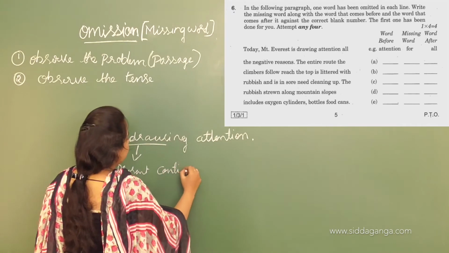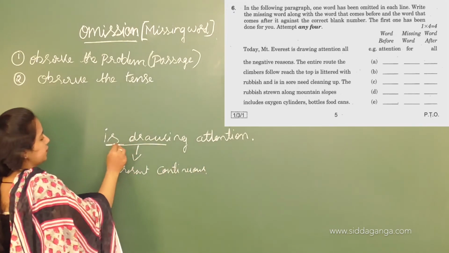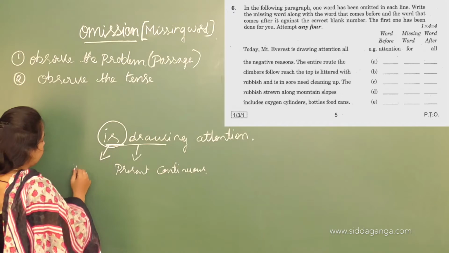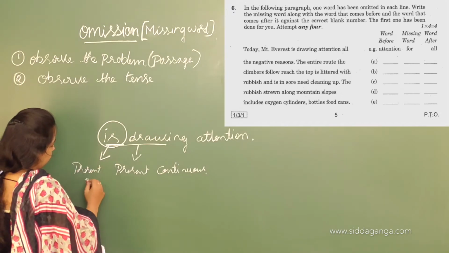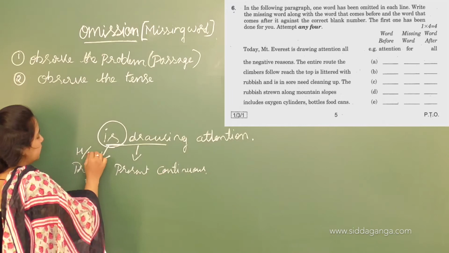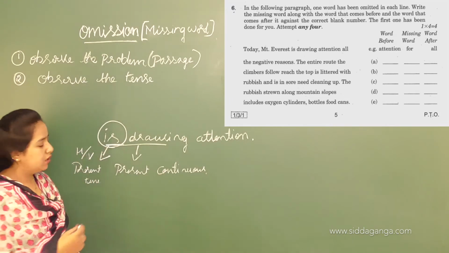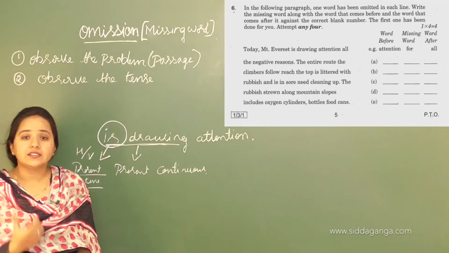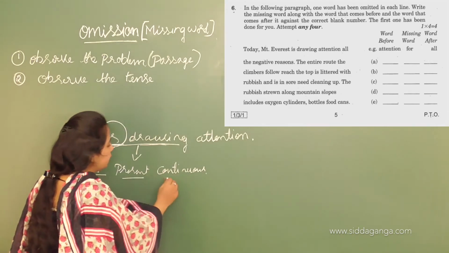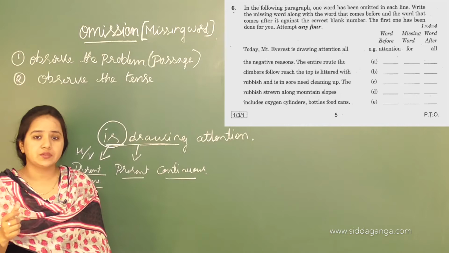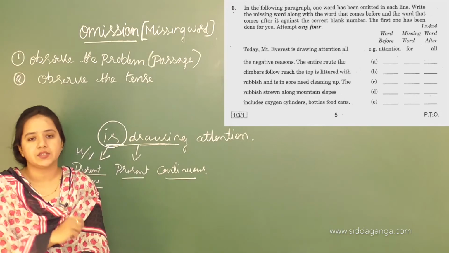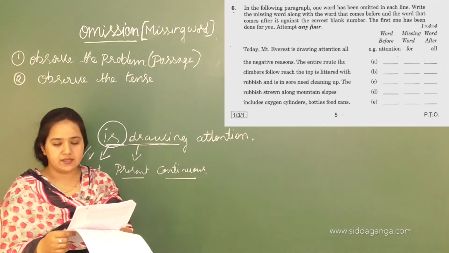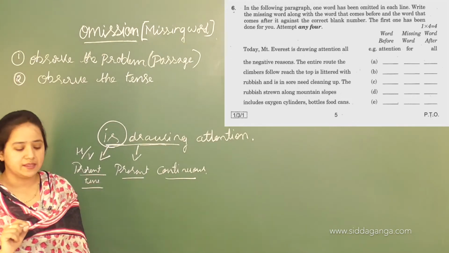How would you identify this? By this word "is", which is a helping verb used for present tense. You may also call it a be form, which is in the present tense form, and here the action is taking place continuously. So it is in the present continuous tense. Now you understand that this passage follows the present continuous tense form, not the past tense. So now you have identified which tense this passage is following.